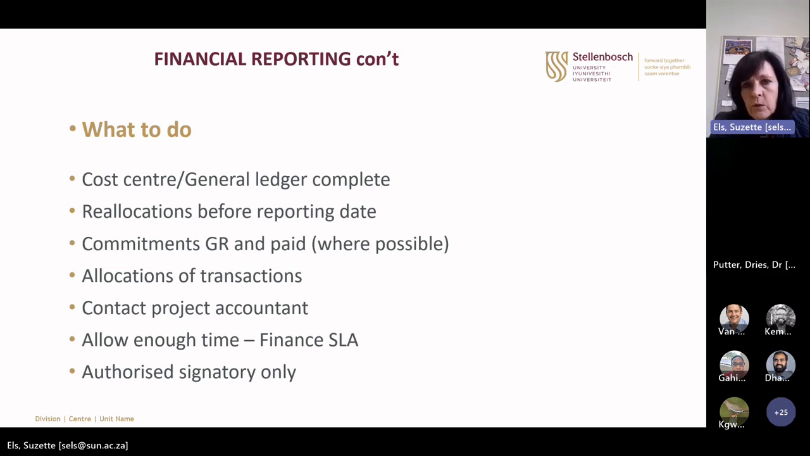So the moment when we have received the invoice, we will know the exact amount of the order. Remember, when we do the order, sometimes it's on a quotation, and that is the reason why we never report on commitments, because a quotation can be different from the final invoice amount. So if you need to include some of the commitments, make sure that the goods received is done before the end date of the